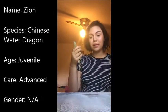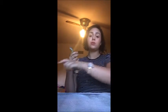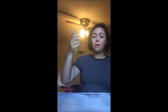This is my baby Chinese water dragon. So Chinese water dragons are for a little bit more of an advanced person and not like an intermediate. They're pretty easy to take care of. There's a lot of tips and things you have to do with them, but they're really easy, and I'll definitely do a video on him. He's still a baby, and the reason I say that they need to be for advanced, I want to say almost advanced, because they do,